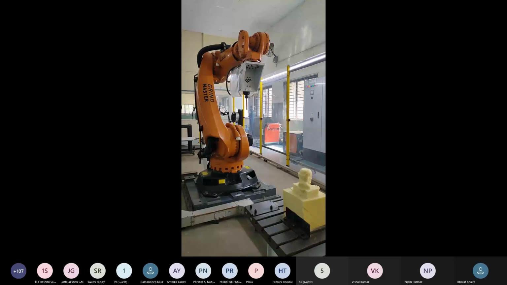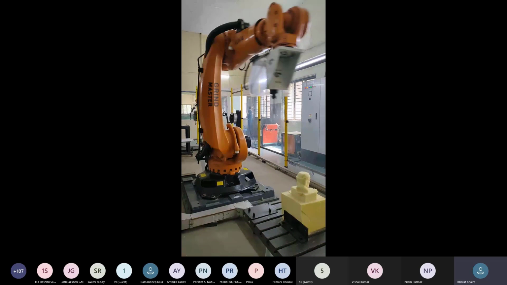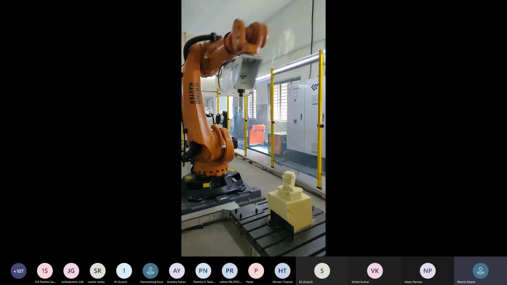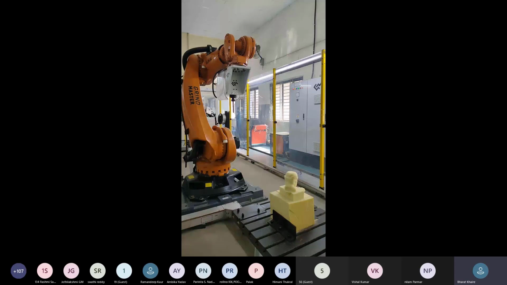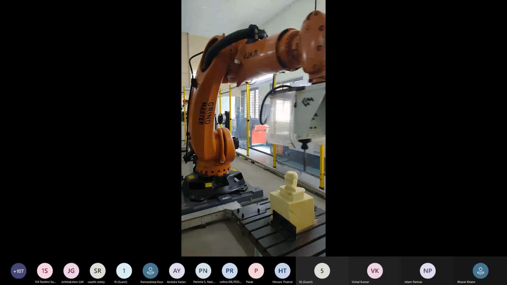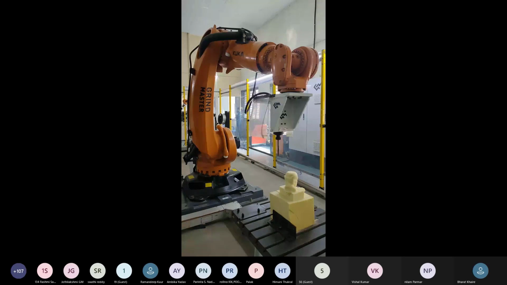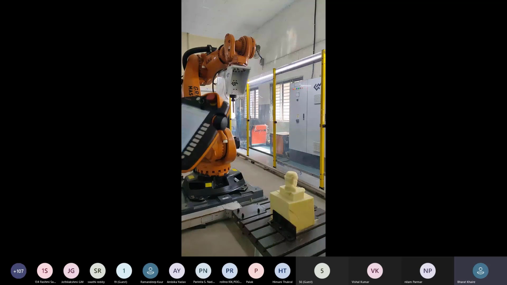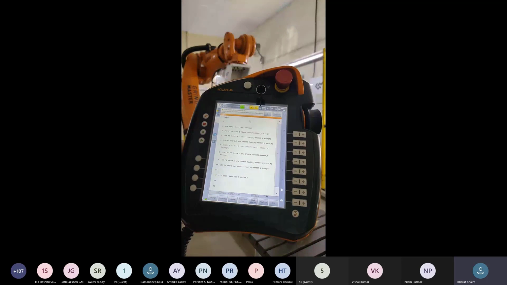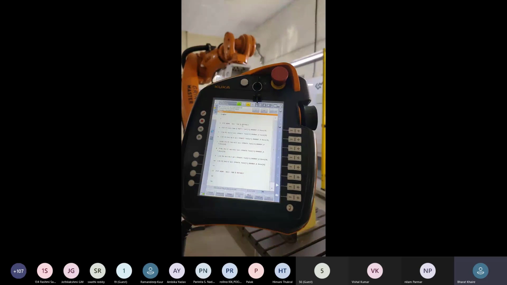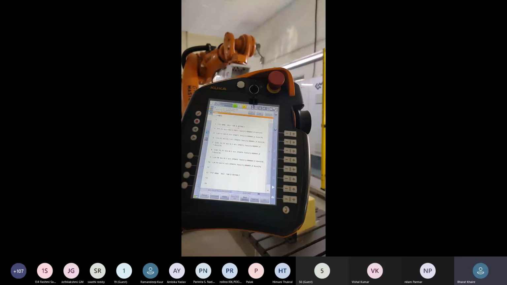Reset the program. Now we can see the rapid motion of the robot. Again, we will check it. Now we are standing inside the robotic cell, so we cannot move the robot in continuous.